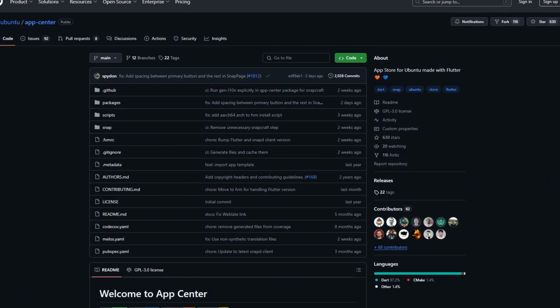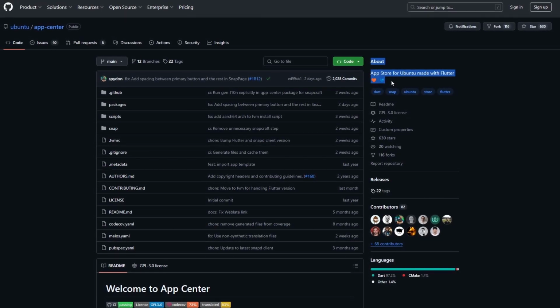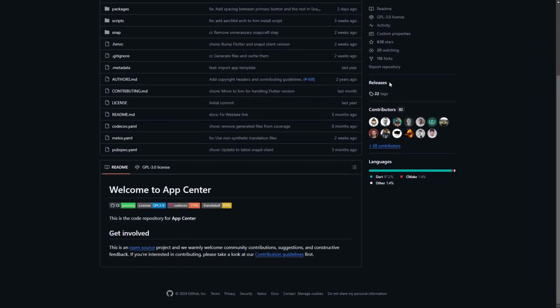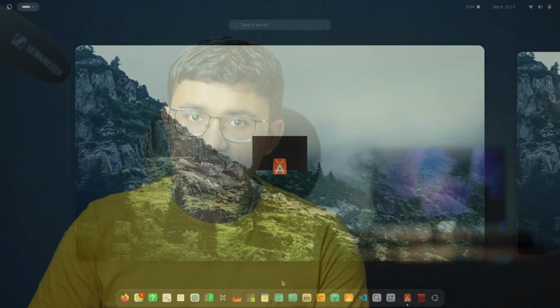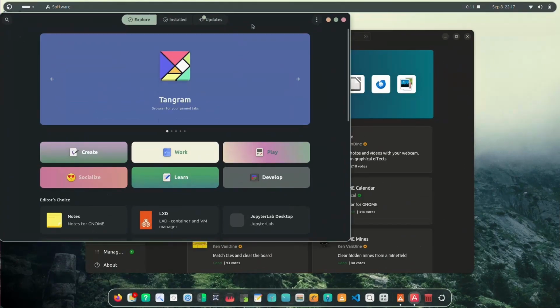Next is Flutter apps and problems related to theming. So Ubuntu started including Flutter apps in their distro. Like if you see the Ubuntu software, it is now actually a Flutter app. So it respects the system theme. If you stick to Yaru, it's great. It blends in very well. But if you want to use custom themes, it just looks out of place because it does not follow the